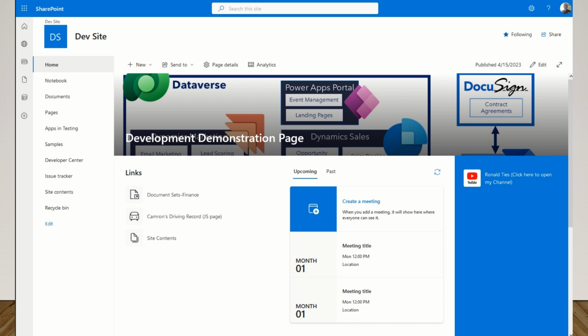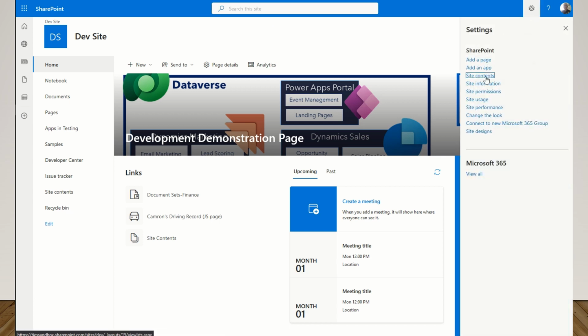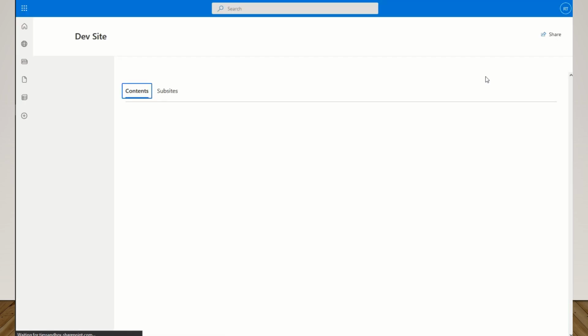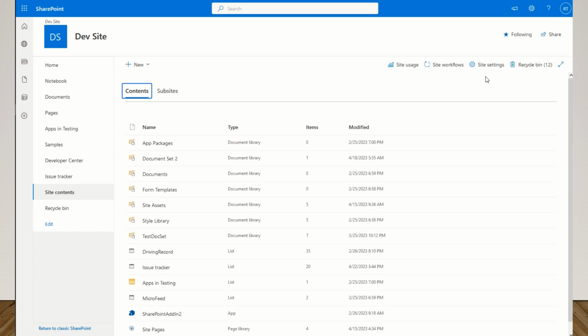Okay, I'm on my development site, and we are now going to build a Canvas app to support that. But first you have to have data, right? So the first thing you need to do is go into your site contents and build your list. Okay, what I did is I took an out of the box